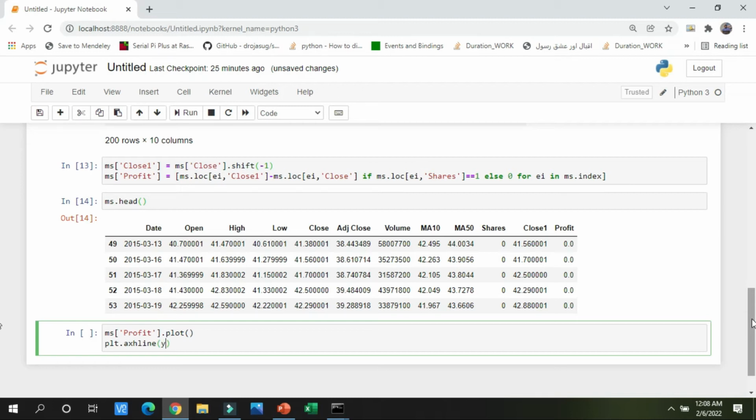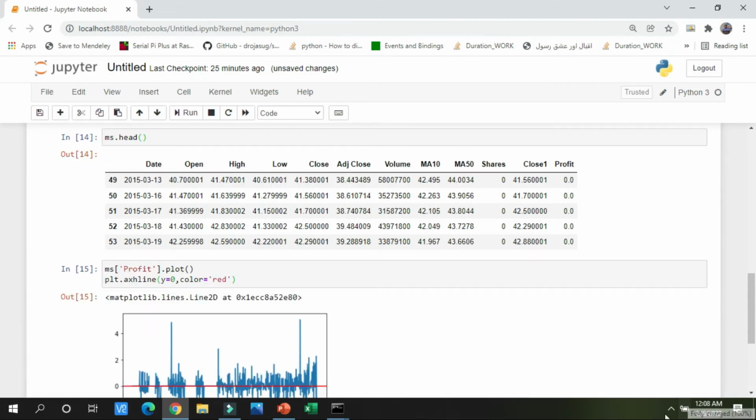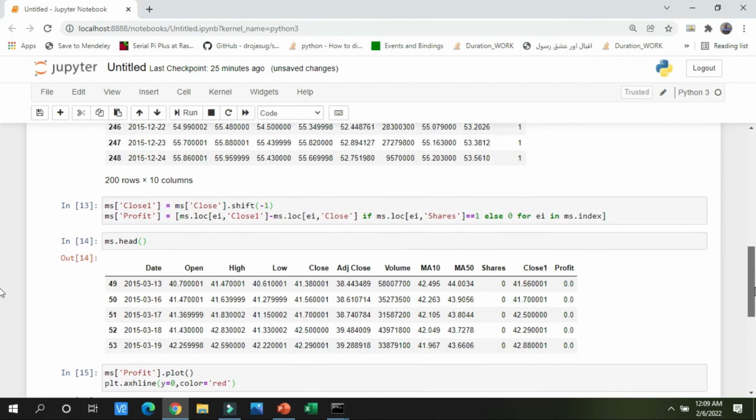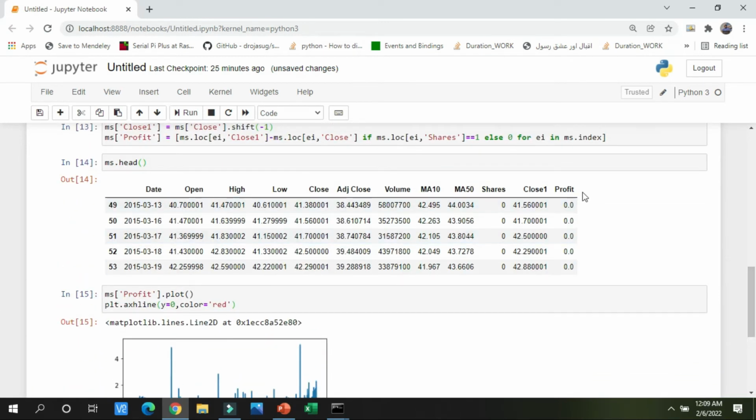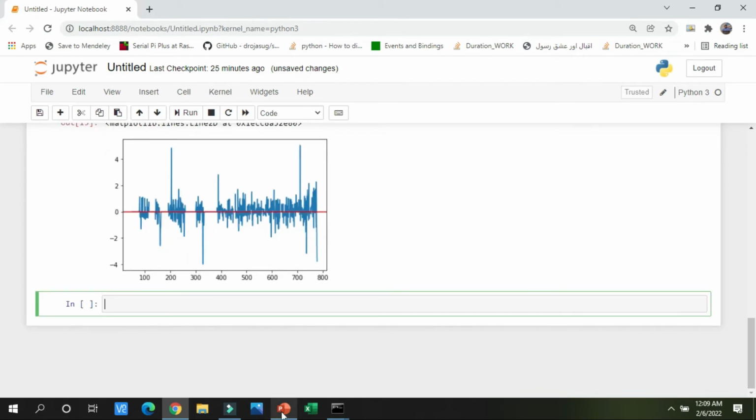So I am writing axhline. It is a kind of plot, and for the middle line I can use a red line so I can see some beautiful demonstration of my work. Let me plot it. Okay, so you can see here is the profit column. This profit column consists of thousands of rows, I think, and it is plotted. And this is a very interesting thing. The line above this red line means the days on which we are making profit, and the line below this red line means the days in which we are losing money.